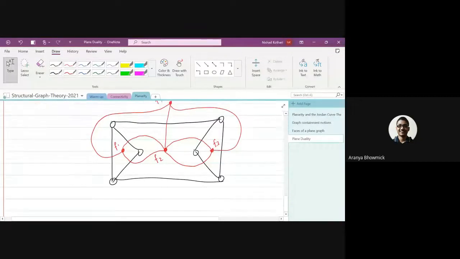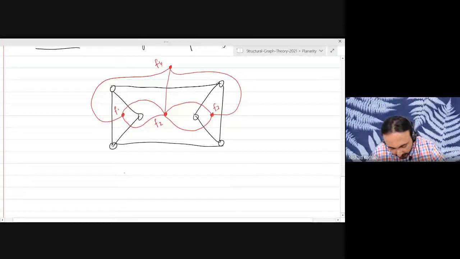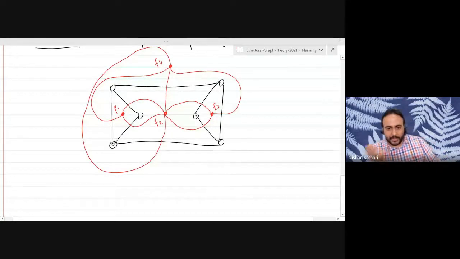Sir, I think now it is very easy to see why the dual will be a planar graph. Exactly. So if you draw it this way, you take a planar embedding of the original graph, then there is a natural way to draw the dual, which we defined as an abstract graph. But this natural way gives you a planar embedding of that abstract graph.